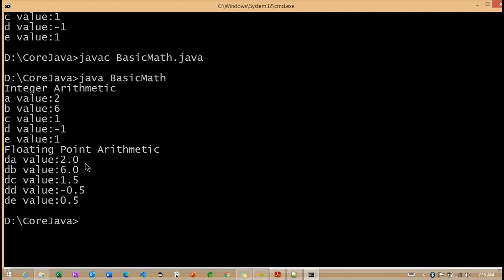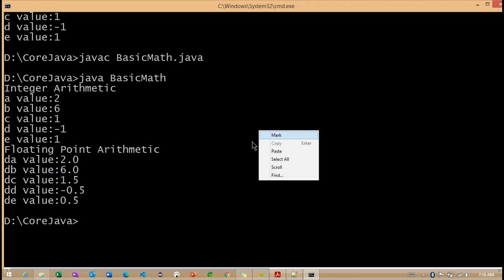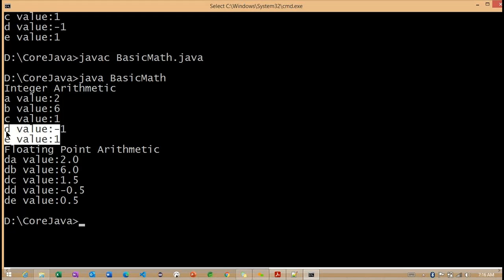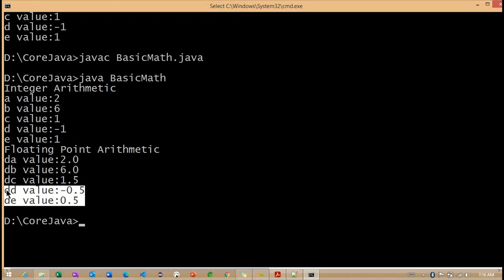Whenever we check with floating values, check it. But now you can observe that when we check with the integer value, the nearest value is returned, 1. So these are the in-between values we get with the multiplication.